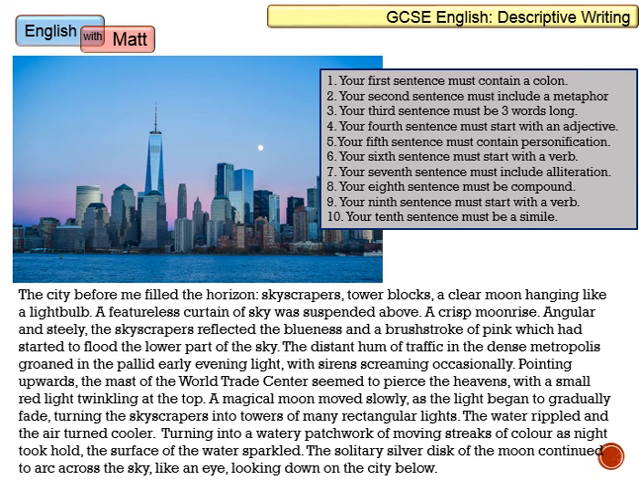A magical moon moved slowly, as the light began to gradually fade, turning the skyscrapers into towers of many rectangular lights. The water rippled, and the air turned cooler, turning into a watery patchwork of moving streaks of colour as night took hold. The surface of the water sparkled. The solitary silver disk of the moon continued to arc across the sky like an eye looking down on the